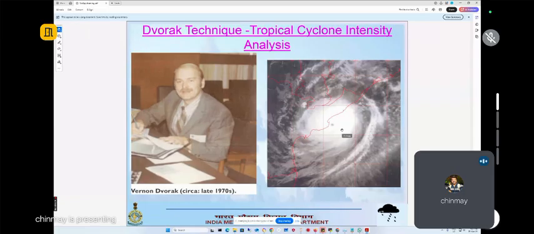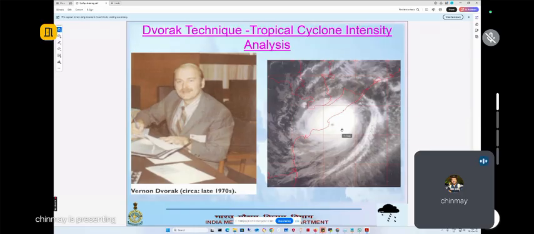particular image. Now, the same technique is utilized all over the world to date, even in the USA, all the basins like Pacific, Atlantic, China, Japan, Australia, India, France, everyone is using the same technique. Okay. But apart from the Atlantic and Pacific, mostly over the Atlantic, this study was done and it was devised over the Atlantic region, and later on it got adopted by the rest of the tropical cyclone monitoring centers. To date, there is no such experiment carried out over the North Indian Ocean or even the South Indian Ocean,